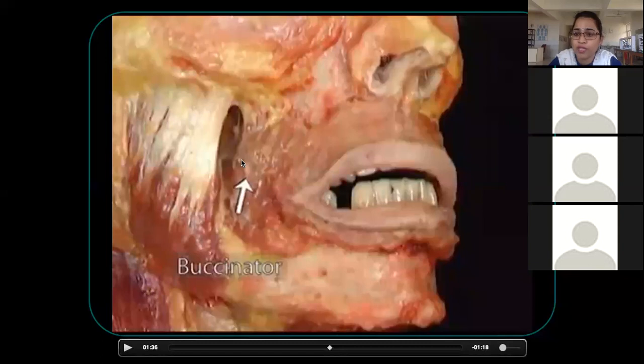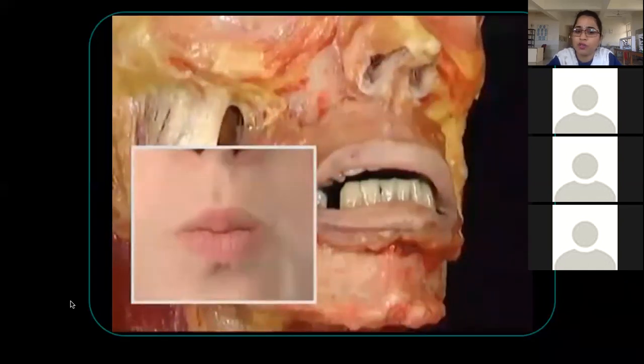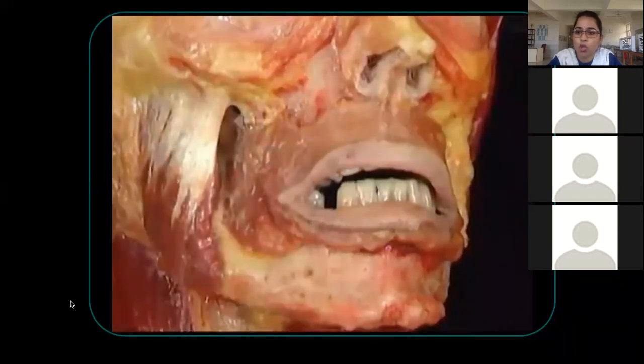What are the actions of these muscles? The action of the orbicularis oris is closing of the mouth, whereas the action of the buccinator is blowing the air like this, with the mouth closed. Whistling: when you whistle, you use this muscle. See the action. This is the action of orbicularis oris. When you are using it more,